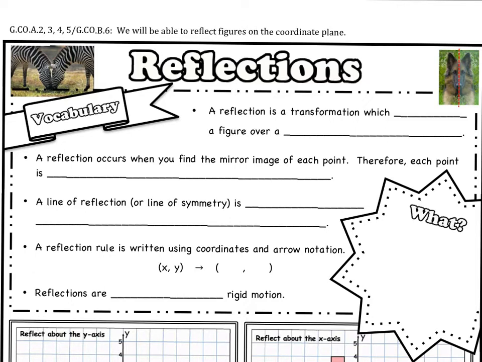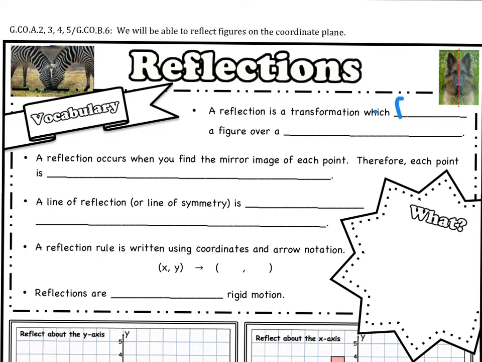And we have two examples of reflections up there at the top with the zebra and the dog's face. So those are both reflections there. So what we're going to do is start out with some basic vocabulary because geometrically, reflections are a little bit more complicated, so we want to make sure that we understand as far as geometry goes exactly what a reflection is. So the first bullet in our vocabulary portion here says a reflection is a transformation which